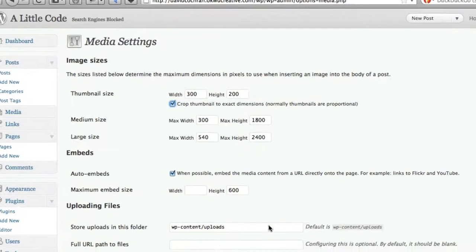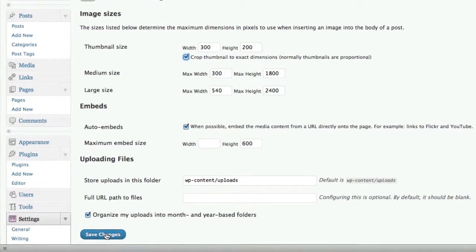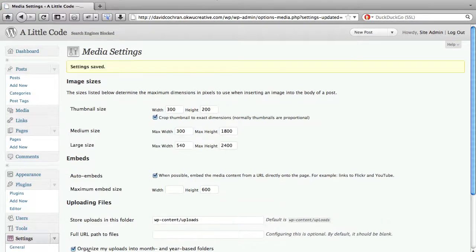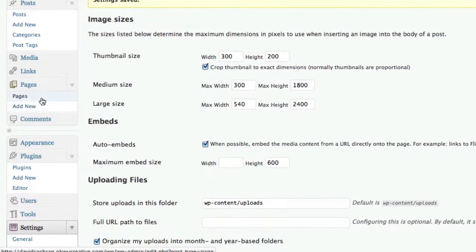Let's simply save those changes. Now it's important that we save these changes before we start uploading, because they take effect only now that we've adjusted those. And so only the next batch of images that we start uploading after this is what gets these settings. So now I'll go to Pages,